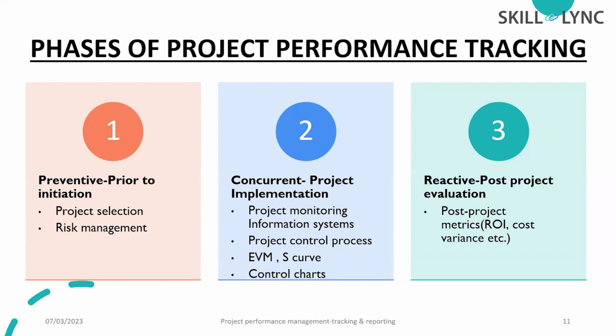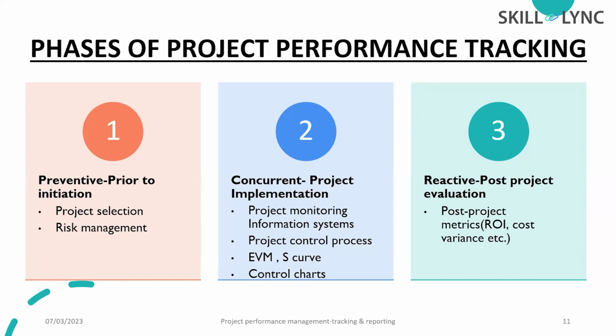So now let's see the tracking methods and points in detail. In the preventive category, as you all know, it is better to always check all the parameters initially itself, because this will give you a proper idea about the entire project. So here we have two factors. One is the selection of the project. Second is risk management. Selection of project means there will be a set of proposals coming to each and every company, and depending upon the company's policy and the nature of the project, we will choose the right project.